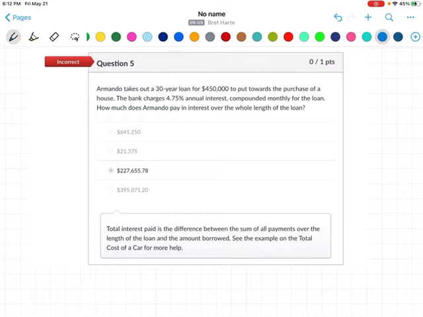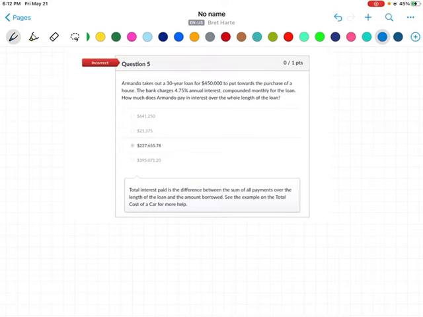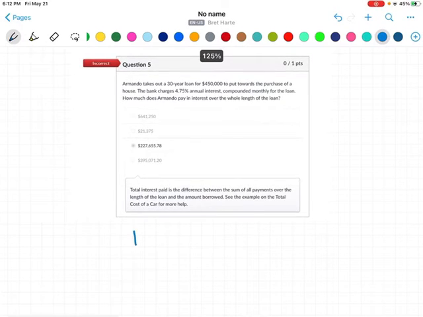Okay, so first thing we're going to do is try to find out Armando's monthly payments, and we'll use that information to then find out how much he pays in interest for the whole thing. In order to find the monthly payments, we'll use the amortization formula, which is P(1 + r/n)^(nt) =